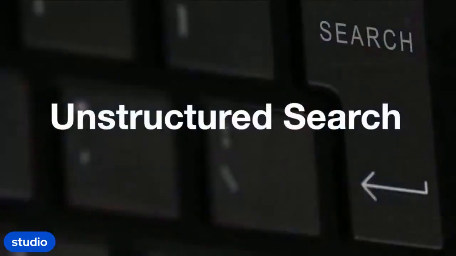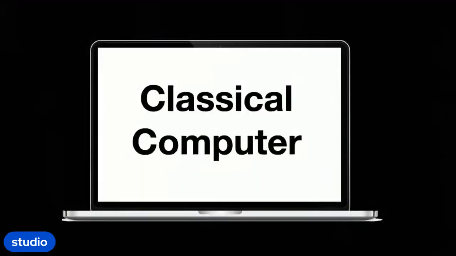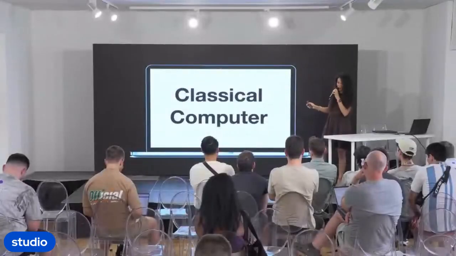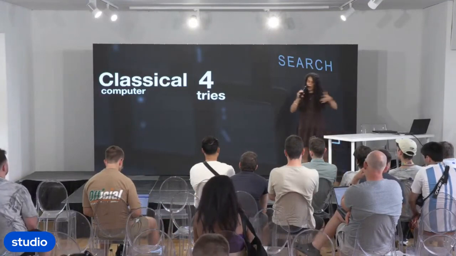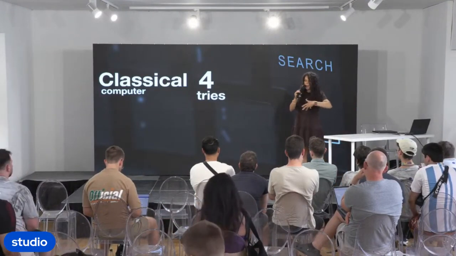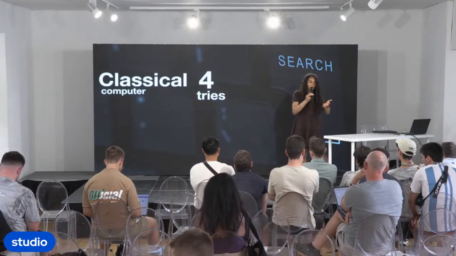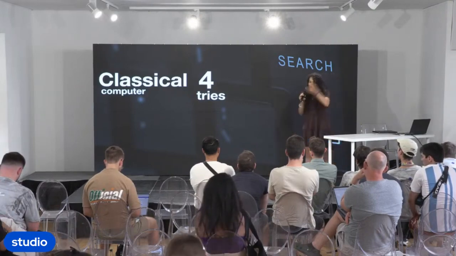So first, we're going to look at something called unstructured search. To illustrate this, by the way, when I say classical computer, I'm referring to a normal computer. So that's not a quantum computer. Let's say you had a bag, and you had 4 balls inside the bag, and 3 of them are white, and 1 of them is blue. And you pick out a ball one by one. Well, if you want to find a blue ball, you have to do it up to 4 tries,